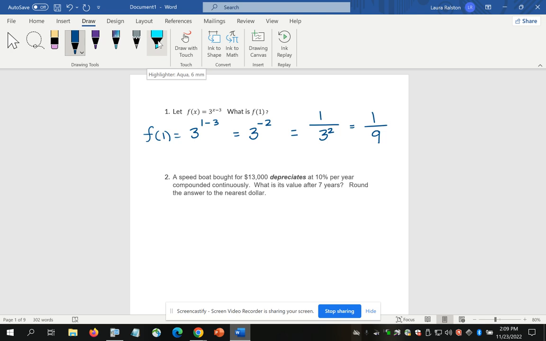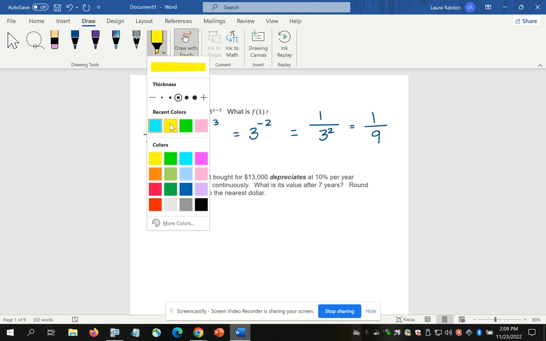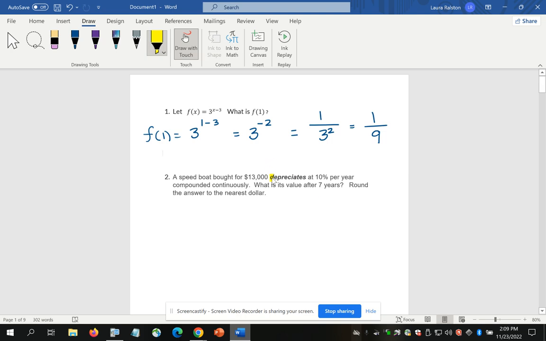So a couple of words here are important as you're looking at this problem. One of them obviously is depreciates, because it's bolded and italicized. Also important is the fact that this is compounded continuously. That phrase helps me to know the formula that I should use. And since this is talking about depreciation, we really use the interest formula, which is A equals P times E